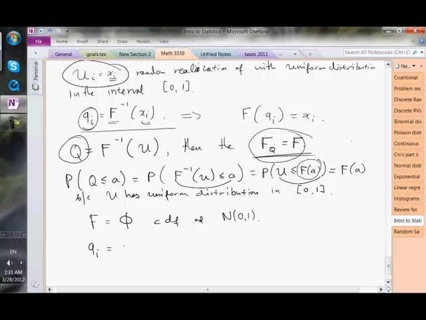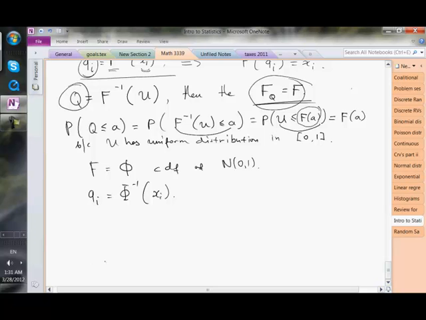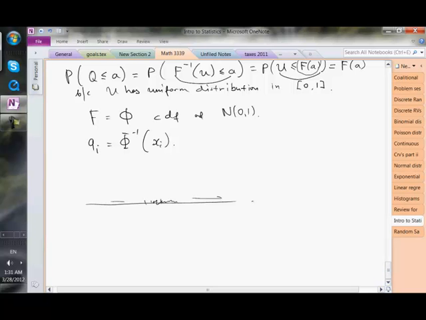My points Q would be precisely phi inverse of the x sub I. So you would see those points essentially accumulated very close to 0 and disperse as we go further away from 0, positive or negative. Okay, so this is one way to create this particular